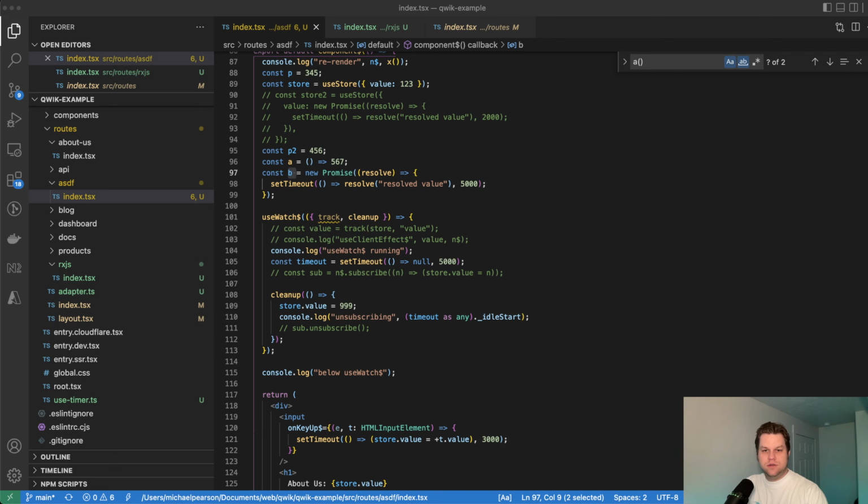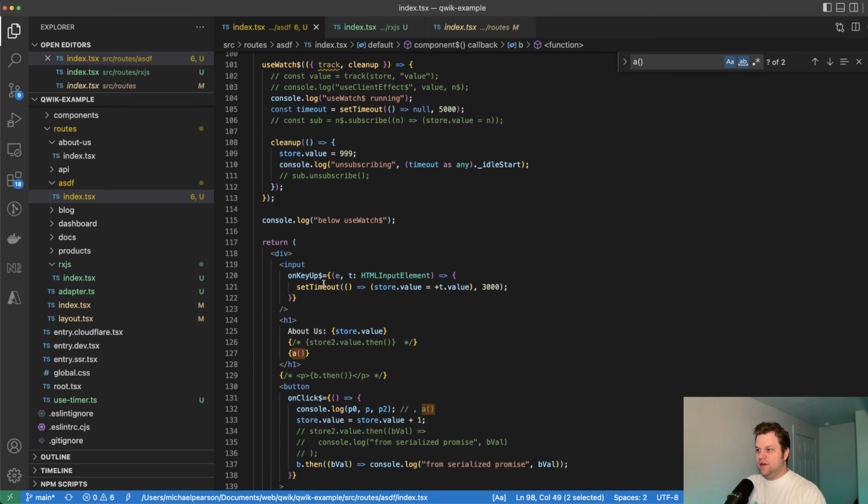Another thing I had been looking into for a long time, but never actually figured out, was the behavior with promises in Qwik. So I looked more into that when I was writing this article, and I have a promise in here. It turns out if you have any promise that's used inside the component, I gotta share my screen. Yeah. So here's a promise, it resolves after 5 seconds. If you're using this promise anywhere here,